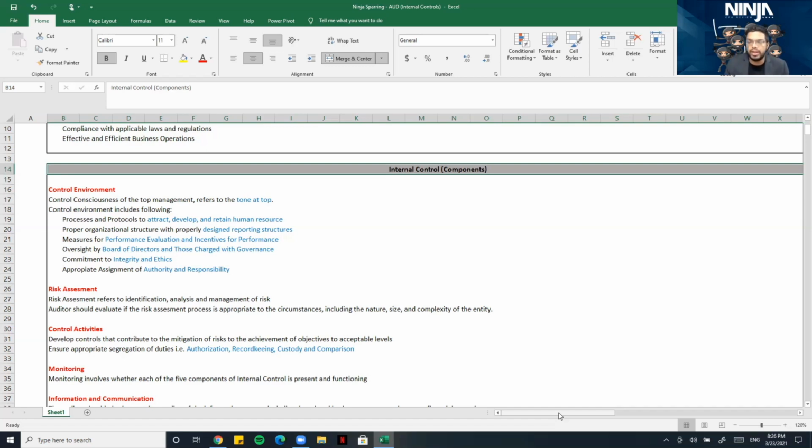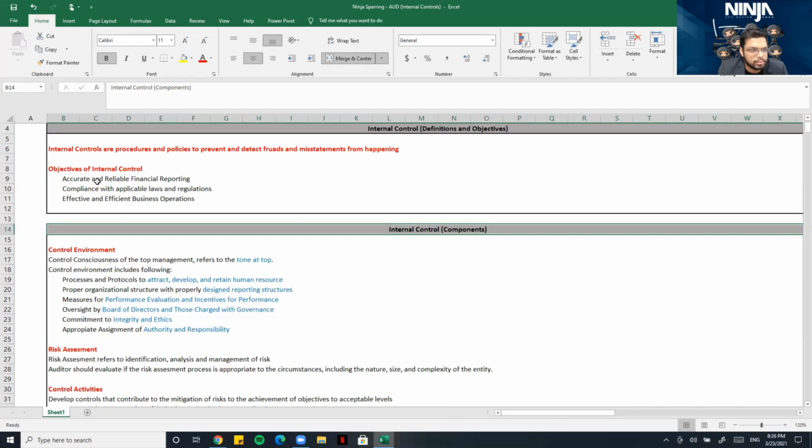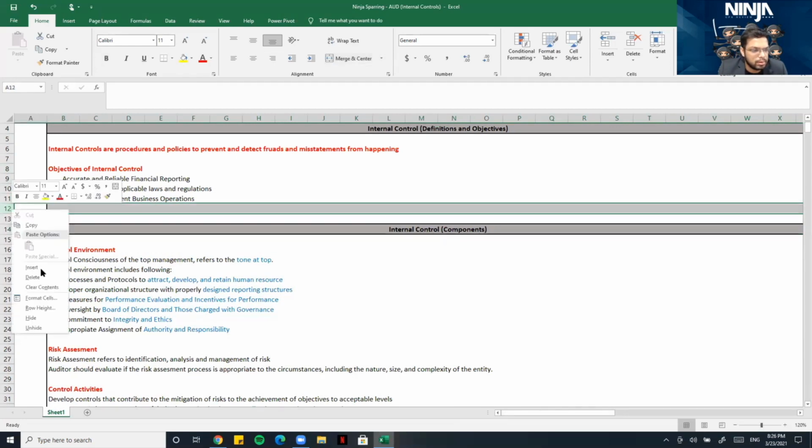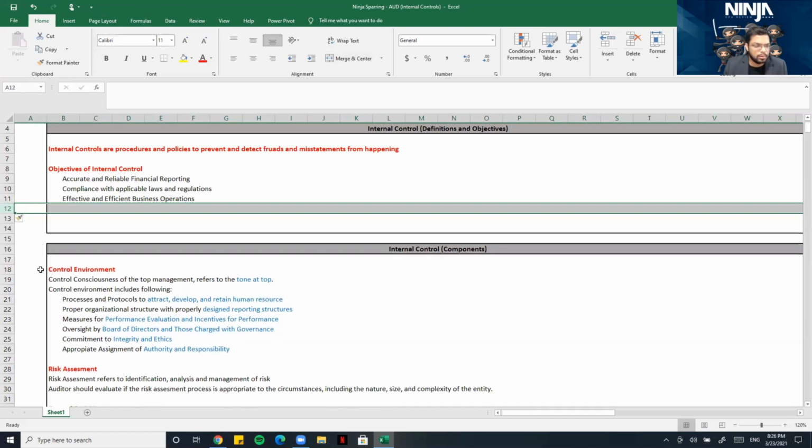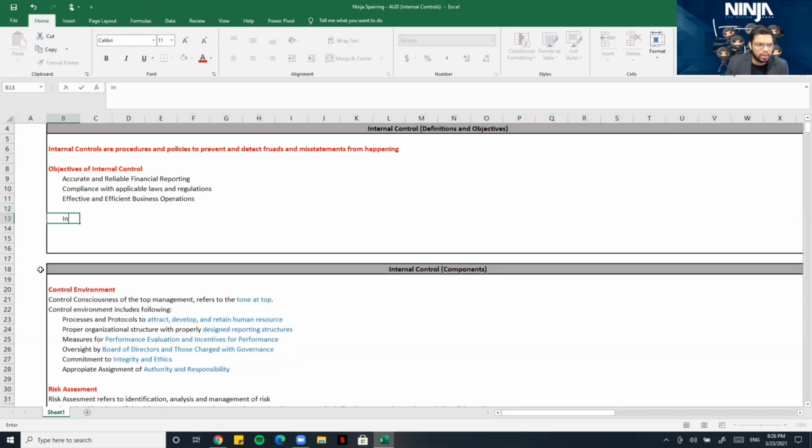Now, there are five components of internal control. First of all, this internal control which we are studying is given out by COSO, which is the Committee of Sponsoring Organizations of the Treadway Commission. They have given us the internal control framework. They gave out the framework first in 1992, and what we are studying is the updated 2013 framework. The internal control framework which we are studying now